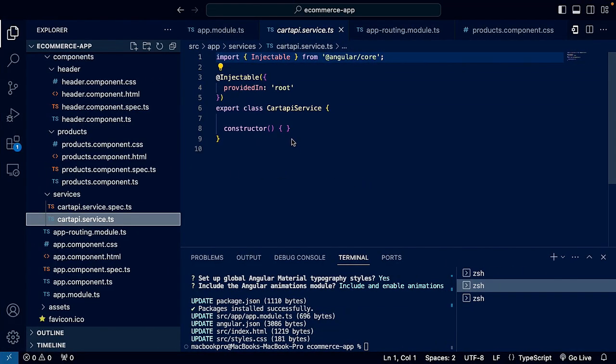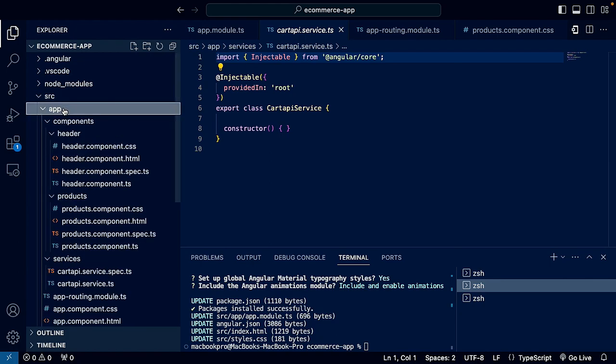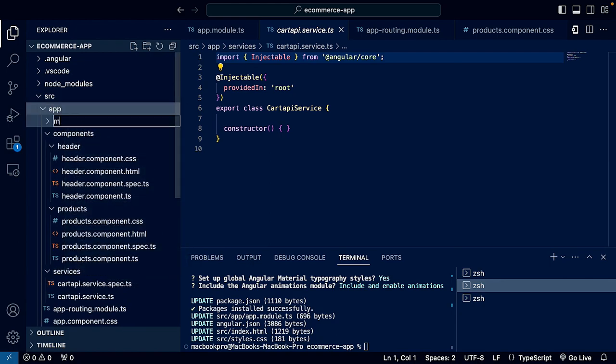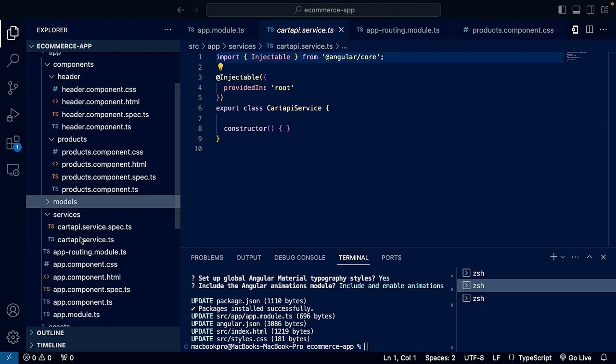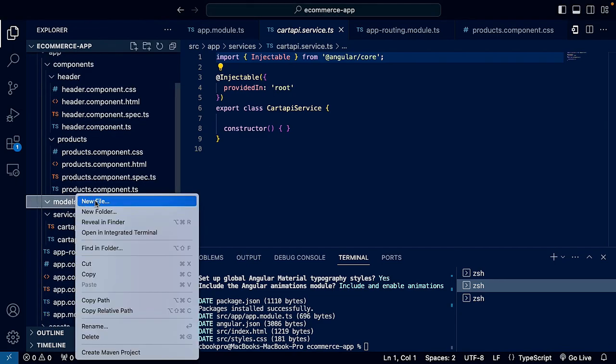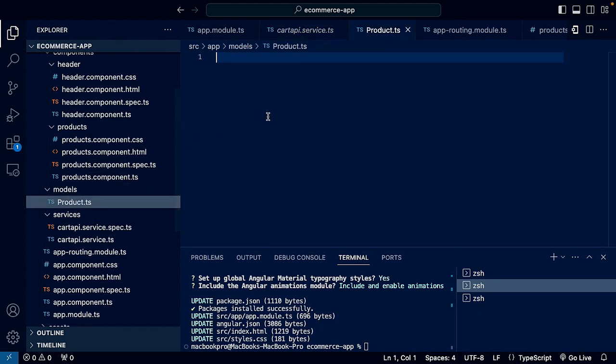So first we have to go inside the service, and before even the service we have to create a model inside the app folder. So I'm going to create a folder with the name of models, and because we are working with the model and we have TypeScript as well, let's create a product.ts file, right? And let's create the interface, export interface product,